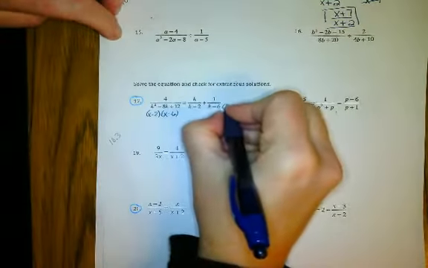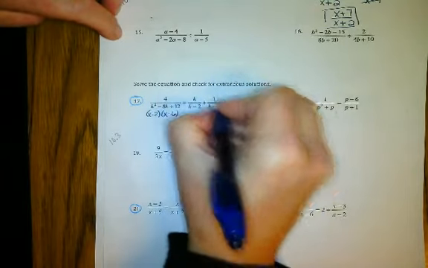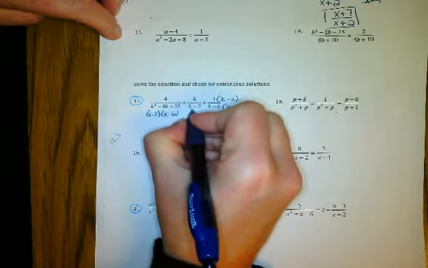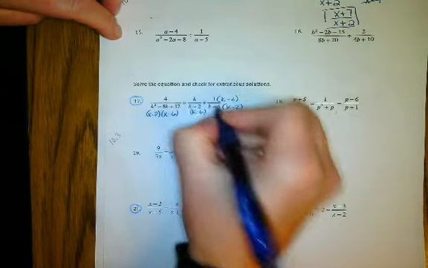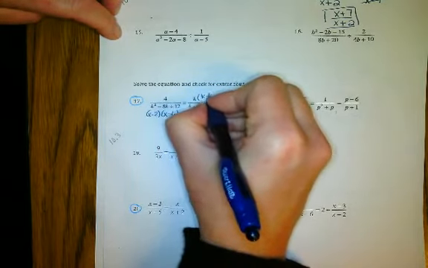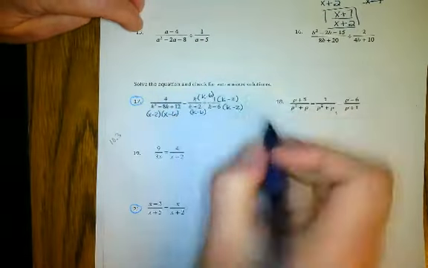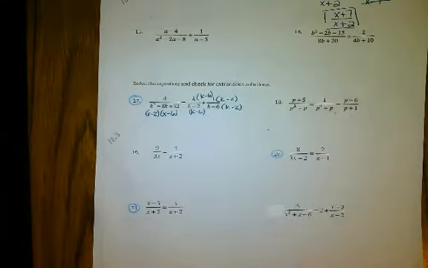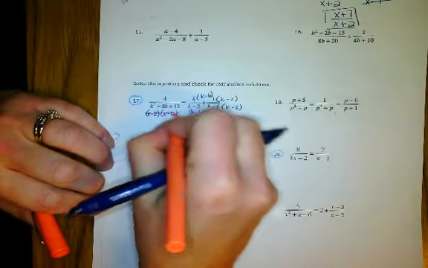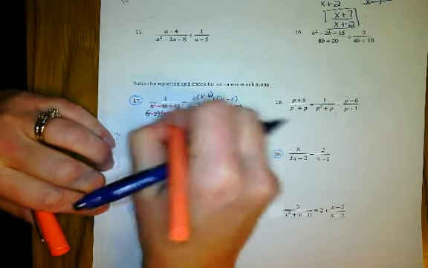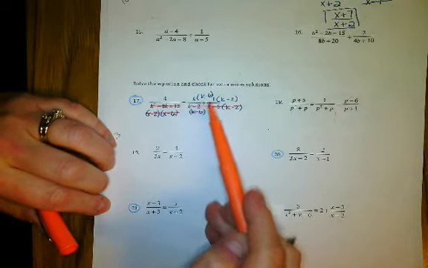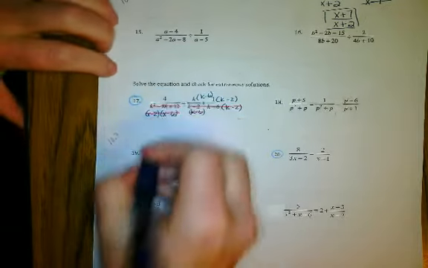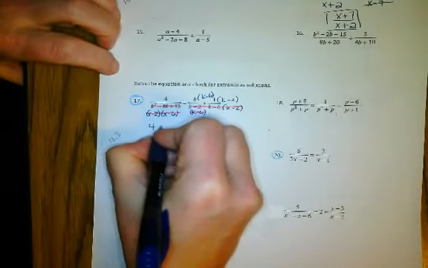All right, so here I can tell that this needs a k minus 2. And whatever I do to the bottom, I do to the top, so k minus 2. And then this needs to be multiplied by k minus 6. And again, whatever I do to the bottom, I have to do to the top. So what I'm actually going to do here is, once I find that common denominator, I really don't need this denominator anymore. So as soon as you find that common denominator, I'm just going to cross all that out, because as long as whatever I did to the bottom, I did to the top, I'm good to go. So right now, I'm only going to write out the numerator, the top part. So 4 equals,